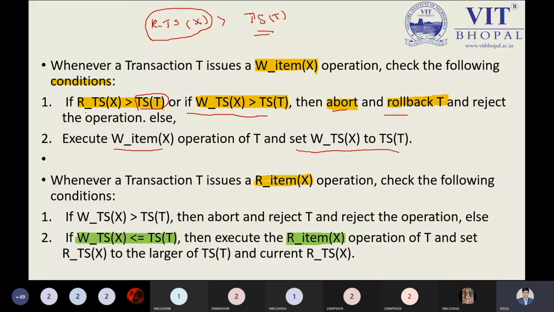Then you can say TS is bigger than the normal TS total time. Then there will be no issue. It will be rejected automatically, as we have seen above. But in the case of W, the writing time is smaller than the transaction time T or equal. So our reading time or our execution time will be done perfectly.